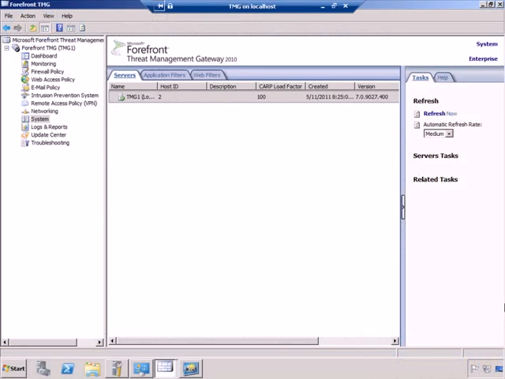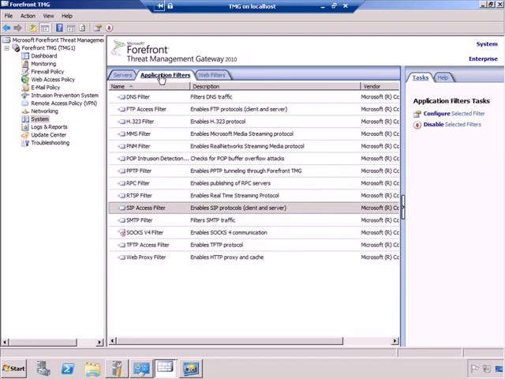And here we are, once again, over at the Threat Management Gateway system. And you'll notice that I've selected the System tab in the navigation area. And over here you're going to see 3 tabs: Servers, application filters, and web filters. Choosing application filters, you can get a look at all of the application filters that are available with Threat Management